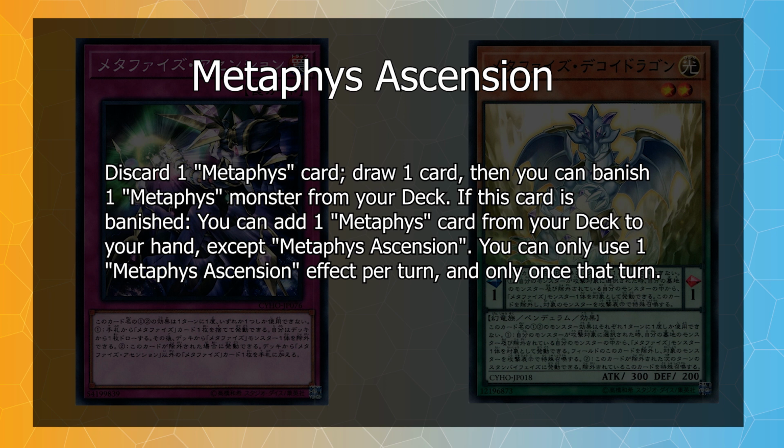But the second effect of Metaphys Ascension is that when this card is, or if this card is banished, you can add one Metaphys card from your deck to your hand, except another copy of Ascension. And of course, you can only use one Metaphys effect per turn, and only once that turn. So if you do use the draw and discard effect and then banish a Metaphys from the deck, you cannot then use the search effect,